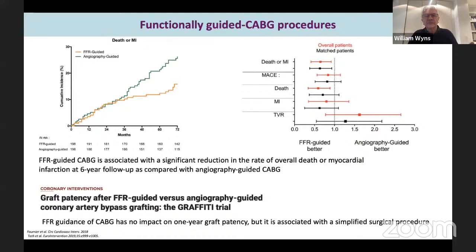So I trust you will agree with me, Mattia, that there is some suggestion that we may use physiology to help surgeons identify which arteries to graft, but there is also resistance to that phenomenon because the mechanism by which CABG works is by adding additional conduits. So I think the issue is not solved yet.